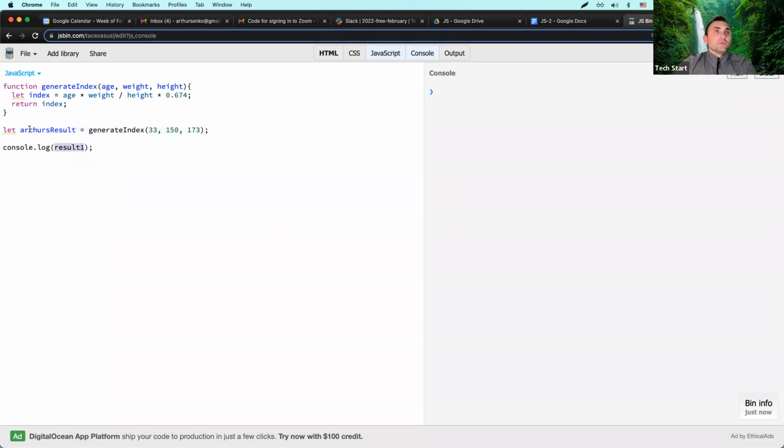And let me do this. What kind of index do I get? Okay, so this is my index, right? Then let Alex's result equal to, and again use the same function, generate index, but Alex has different values, like maybe 28, weight is less and the height is better, more like this, right? So let me calculate, let me console log Alex's result as well,